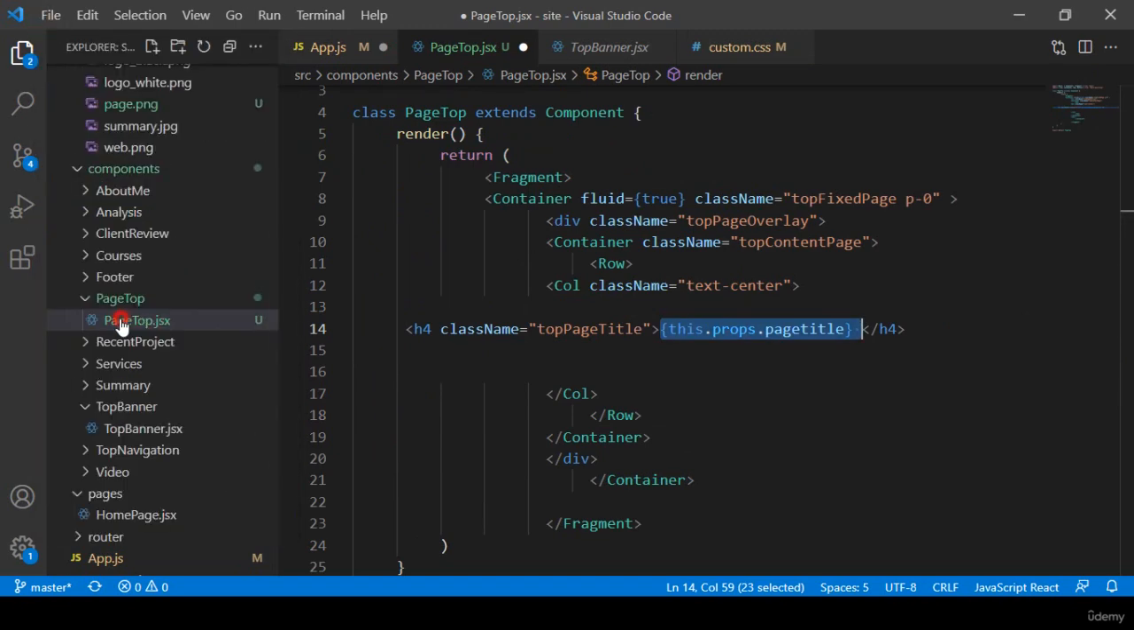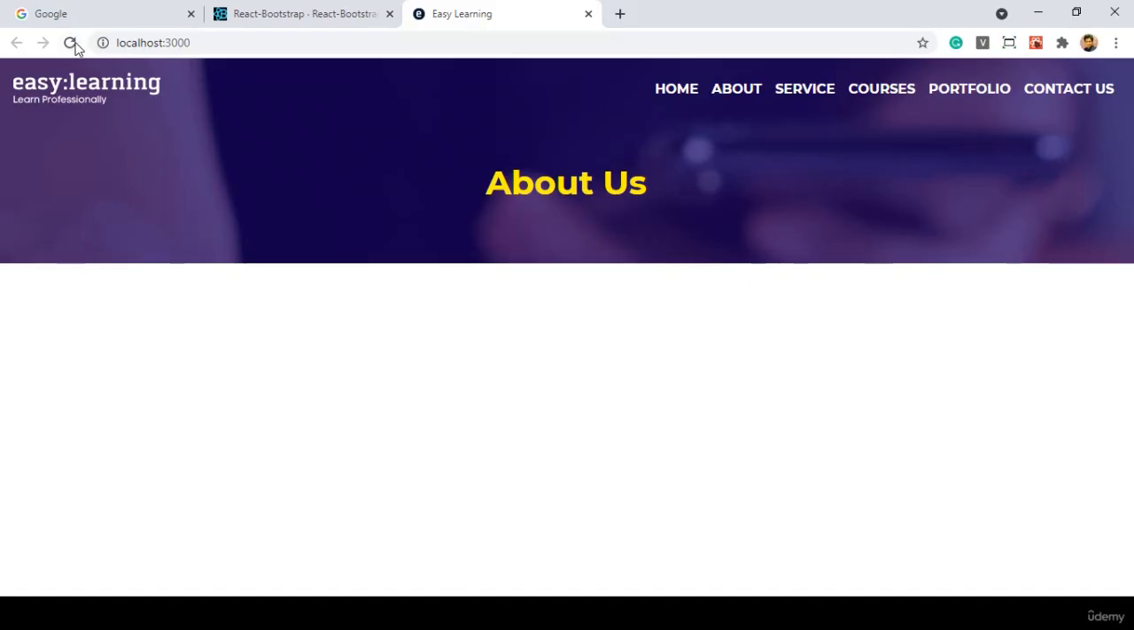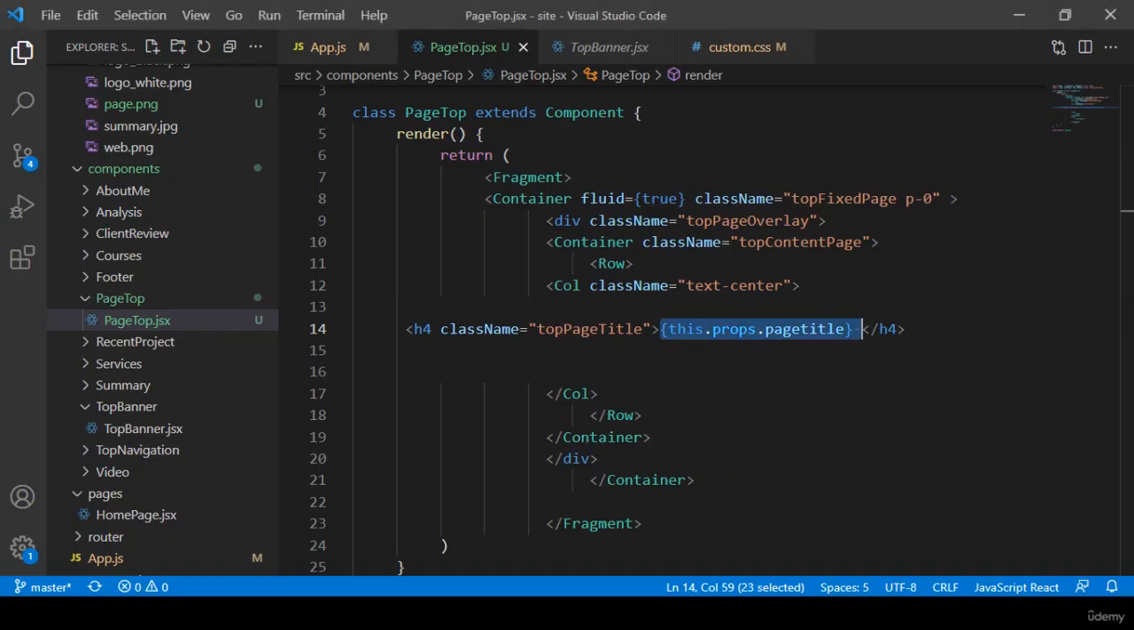Now click Save All, and now before that it was about us, now click refresh. Yes, you can see it has now perfectly passed this value as about me. I have already discussed these things with you, friends. I hope you already understand how to pass data using props. So that will be our top page, and I want to use this top page for all the rest of our pages. Here I simply created another component,